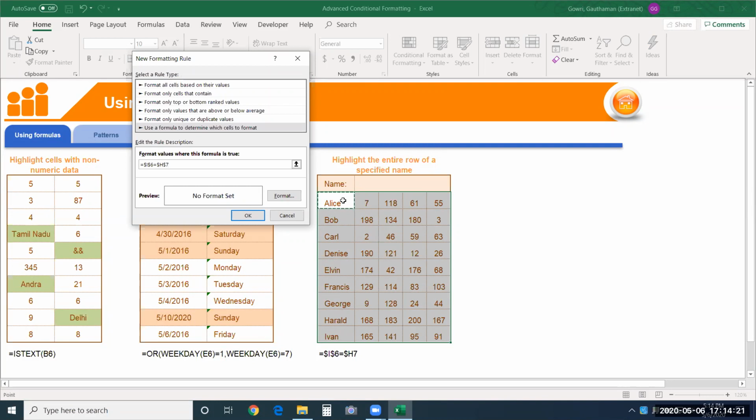Again, over here, I need to keep only the column as absolute. The reason is, see, whatever name I type here is present only in this column. So I need to compare the value of this cell only with the values present in the first column over here, not with the other cells. So what I'll do, I'll give dollar on H. H is the column. So I'll make the column absolute.